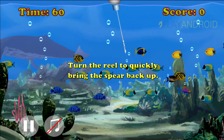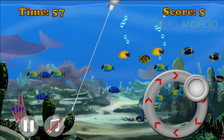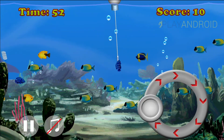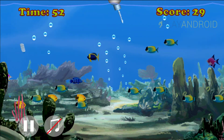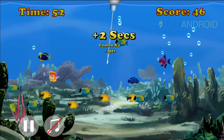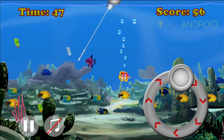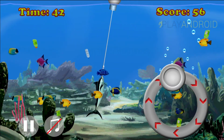And what I wanted to talk about also is the other sounds in the game. You can hear the harpoon shooting, you can hear the harpoon reeling back in, you can hear a confirmation sound when you hit a fish, and, as I talked about before, the music and the ocean sounds are in-game as well. So, in terms of replayability, we really like the game because you have the trophies, you have all the fish,